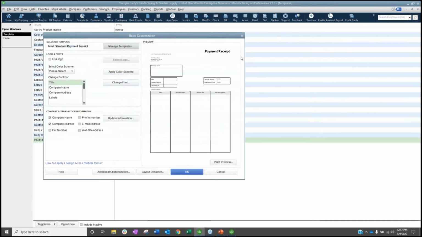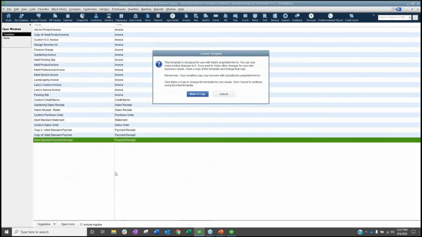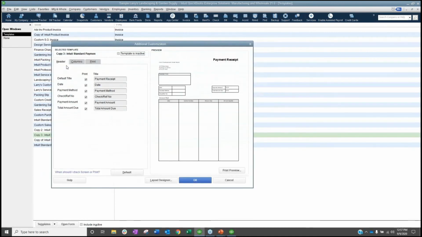So just like we have other templates in QuickBooks, we can come in, add logos, choose what information we're going to add. We can do additional customizations, see what we're going to have in our headers. Maybe we don't call it payment receipts. Maybe we just call it receipt, date, payment methods, right? So we can make modifications, choose which columns we want to see and or rename or reorder the columns.